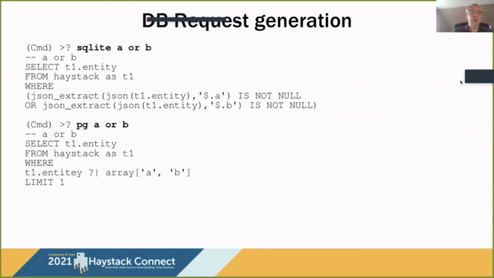For example, at the top you can see the SQLite version to convert the filter A or B, and you see its difference with the Postgres version, because these two databases use a different approach to do that. But you can convert that for MySQL, Postgres, SQLite, or Mongo, or use it with a file or from HTTP or from S3 or whatever you want.